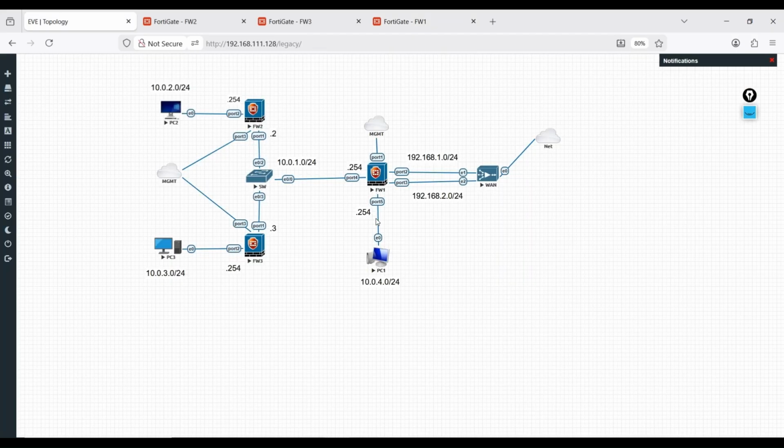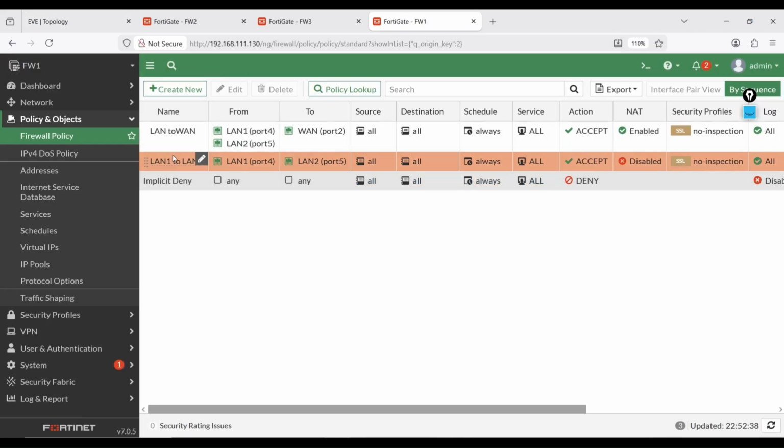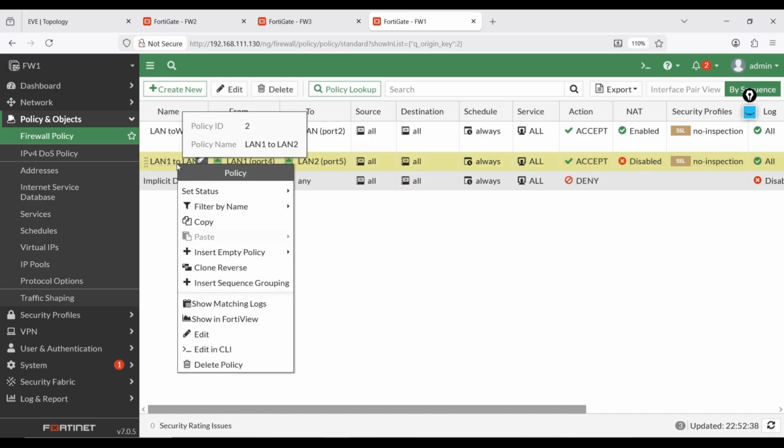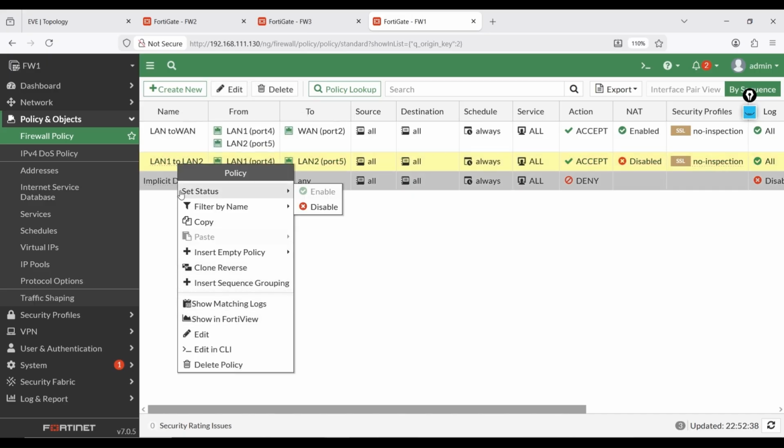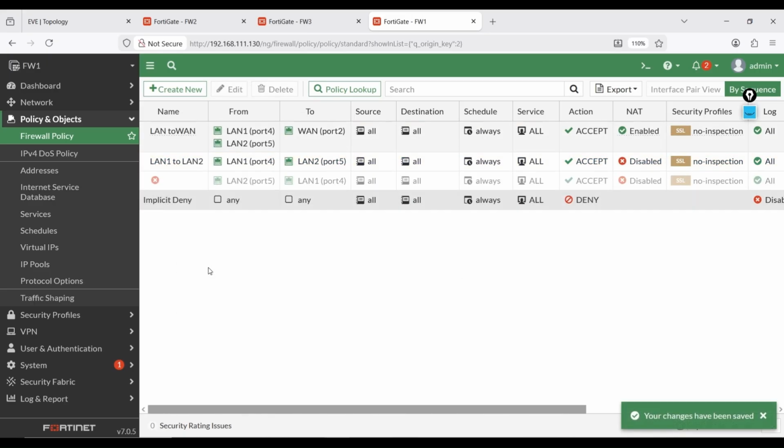Now we have to make another policy in the reverse direction, so that traffic coming from port 5 and exiting from port 4 is also allowed through this firewall. So we need to make a reverse policy. It's an easy way: if you already created LAN 1 to LAN 2, just right click and clone reverse.